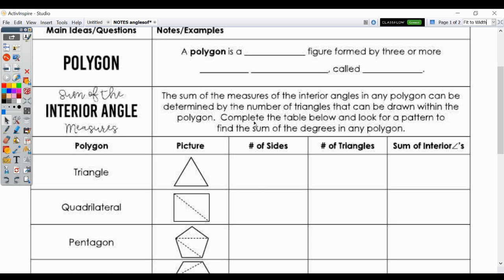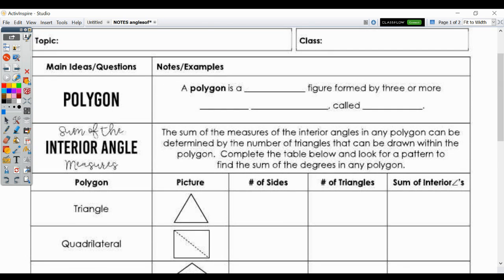Okay, so we are going to start talking about polygons, which just means shapes, and well, I'm going to fill in that right here, but polygons and then the angles that are inside of polygons. Okay, so let's start off with